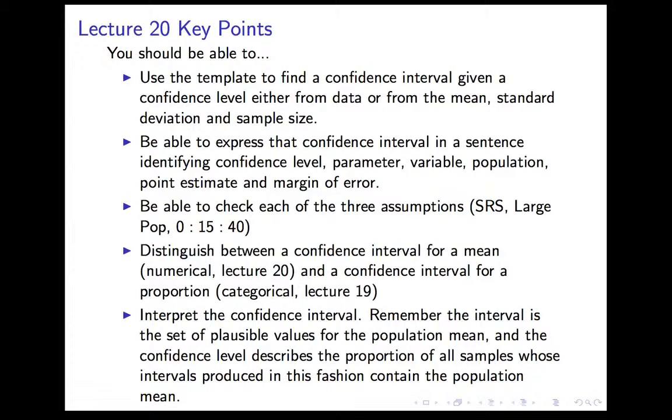And finally, you should be able to interpret the confidence interval. Remember that the interval is the set of plausible values for the population mean. The confidence level tells you the proportion of all samples whose intervals produced in this fashion contain the